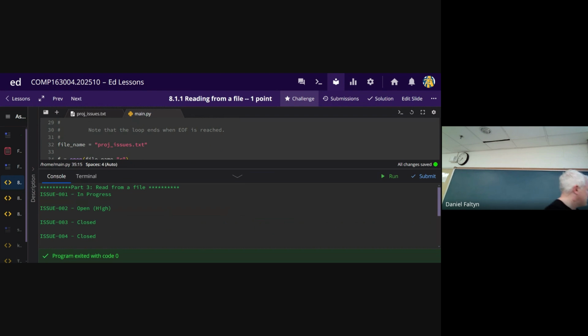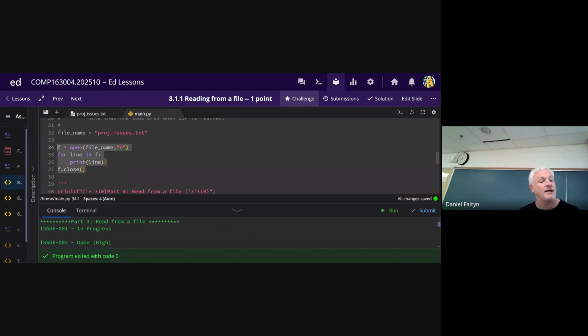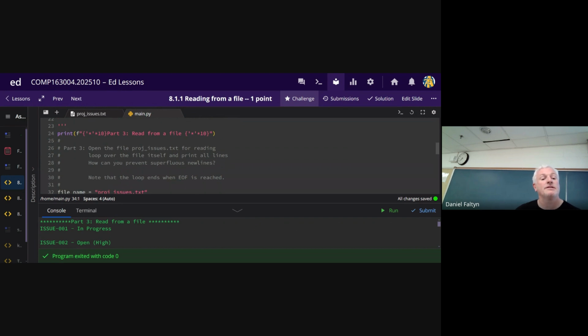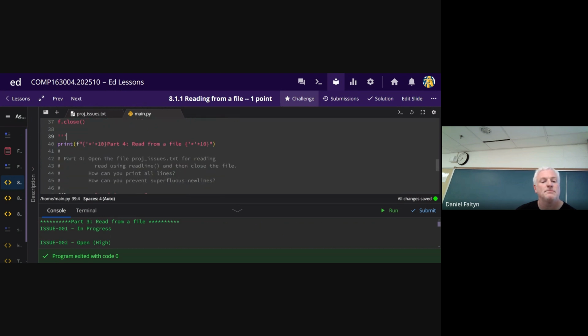That prints all my lines. Now, again, it has that gnarly /n in it, but that's not a lot of code. That's pretty succinct. That's pretty elegant, right? That's most of the time how you're going to read a file. You just have to remember about that /n.